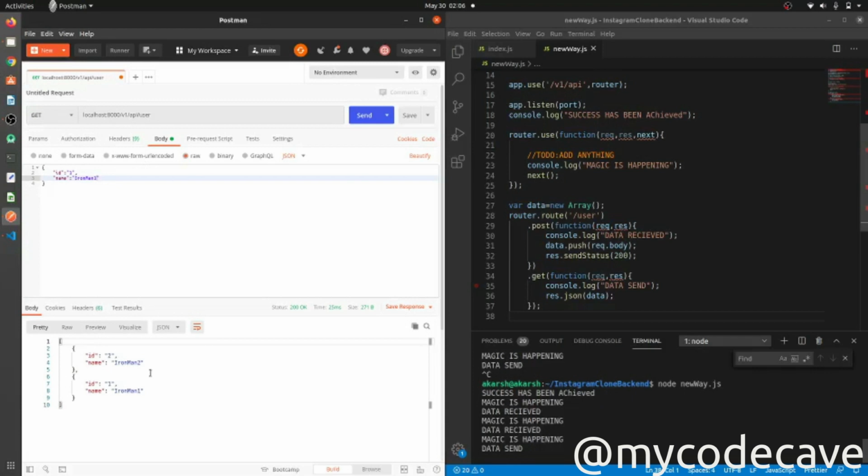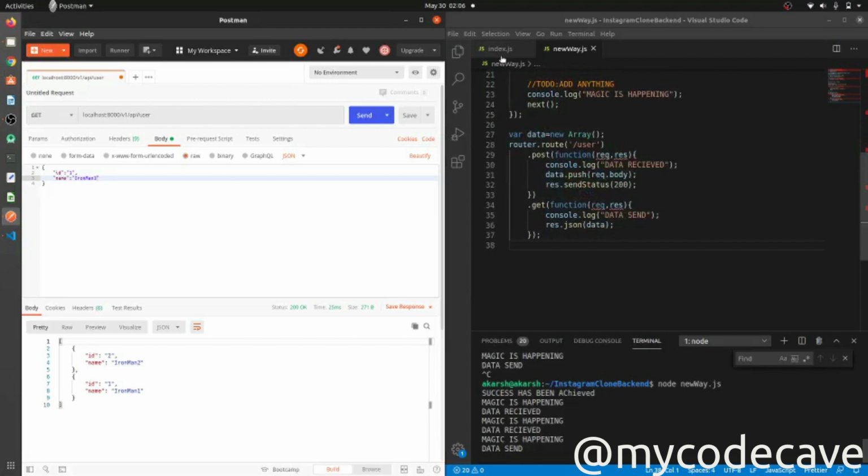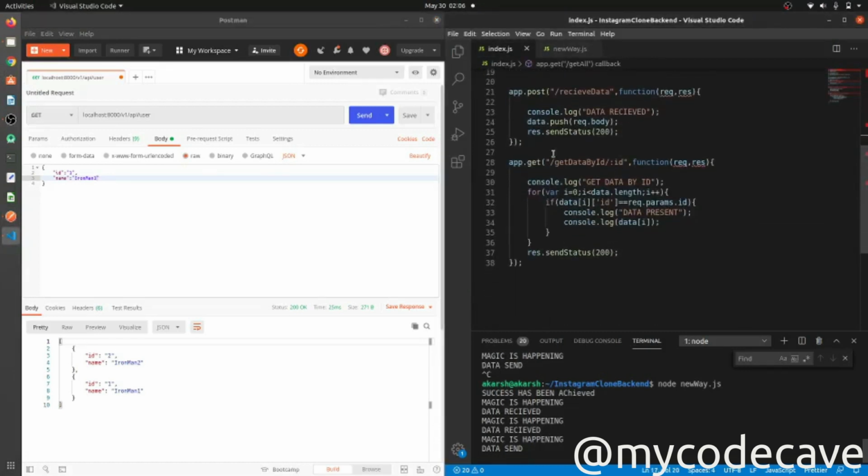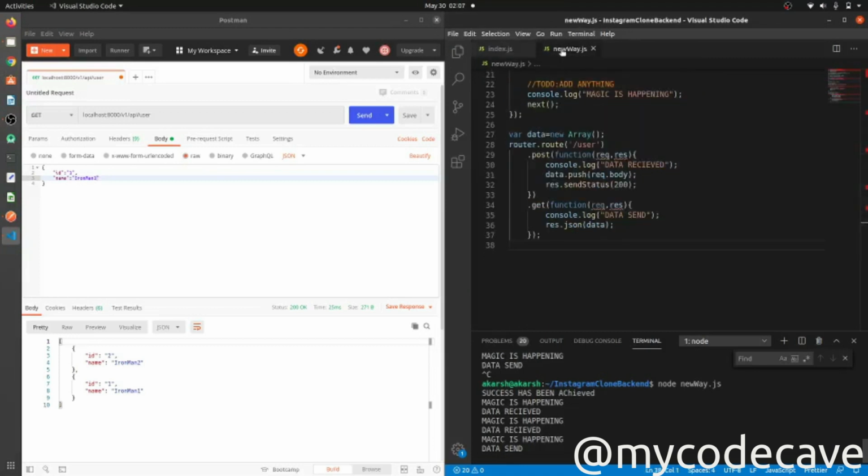Now what I want to do is, I have shown you that we can use this parameter part to get data from our data. Now replicating that in this way.